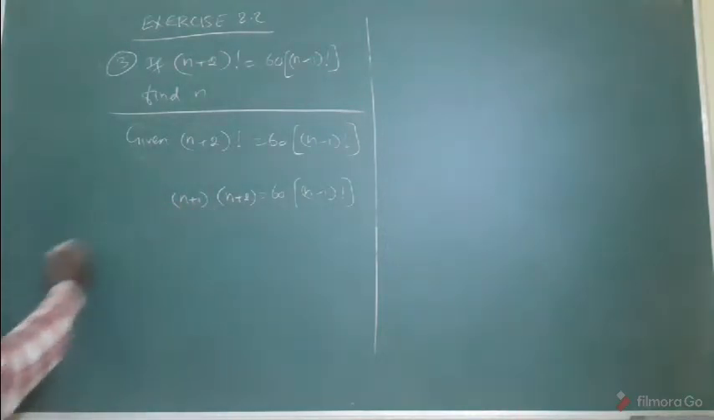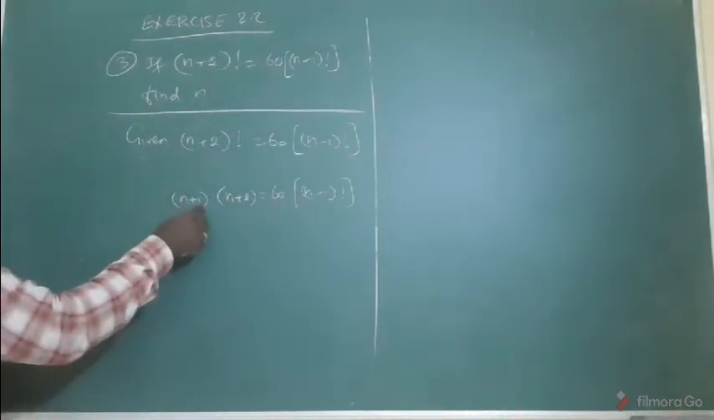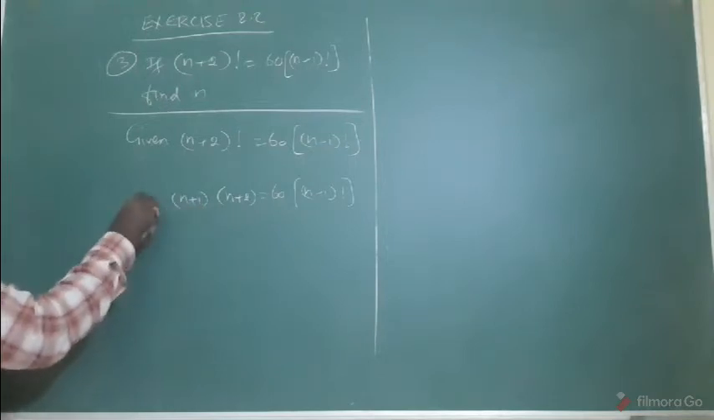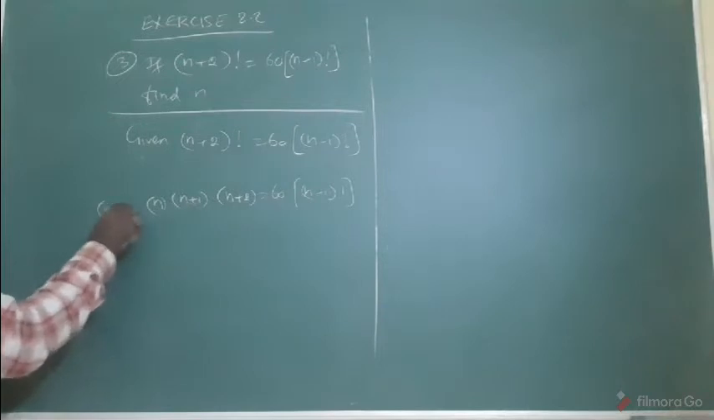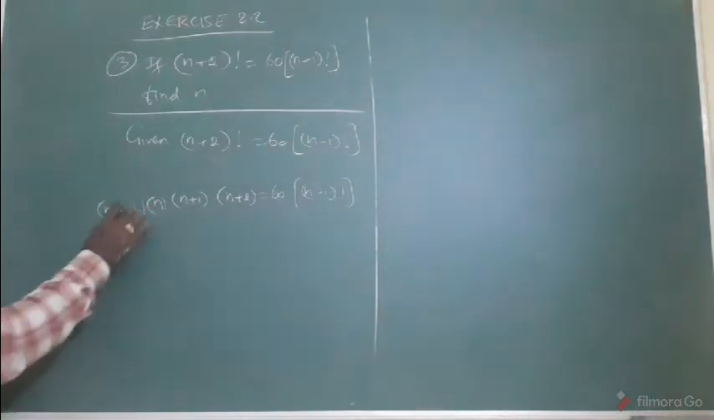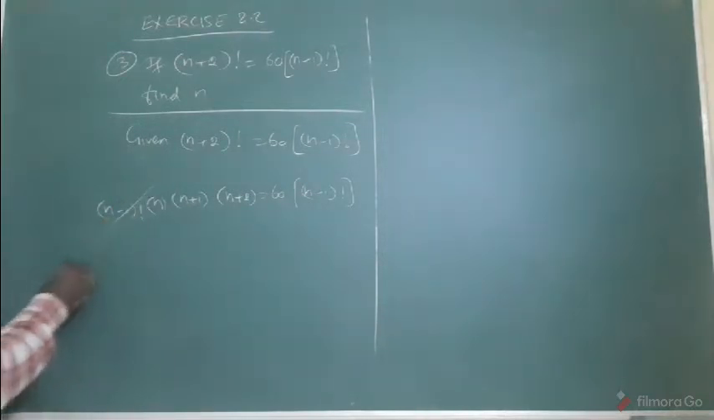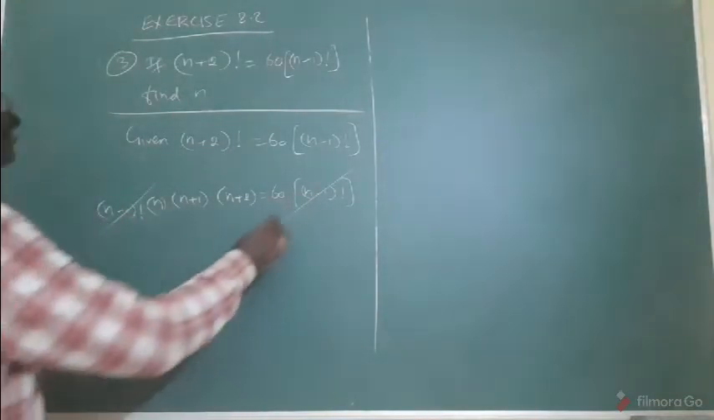Again, previous number. N plus 1 can be written as previous number is what? N. What is previous number? N minus 1 factorial. In this way, you will get the factorial. Then only the factorial should be cancelled. Am I correct? Important